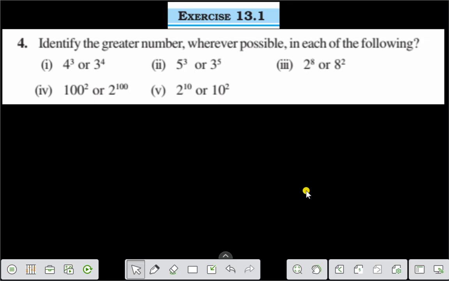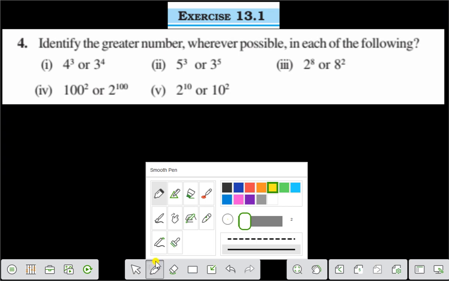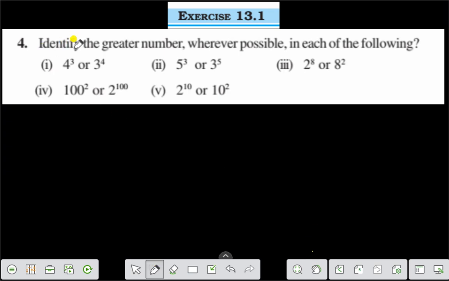Hello everyone. Today we shall discuss exercise 13.1 question number 4. Question number 4 is, identify the greater number wherever possible in each of the following. Let us write number 1. Number 1 is given as